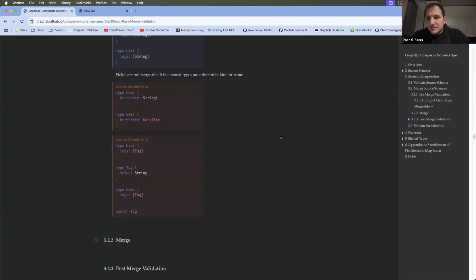Eventually you should get all errors, but it doesn't matter if you only return one at a time. But it should never be the case that there's an error in the validation, or a schema that violates any of these rules, that you let through.